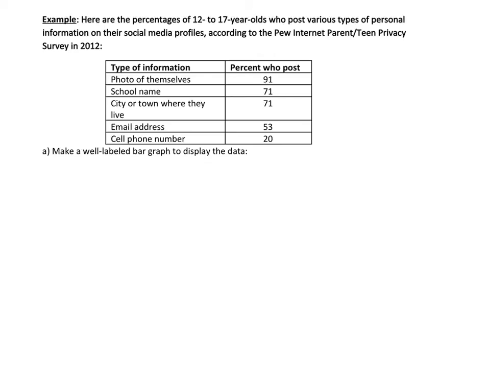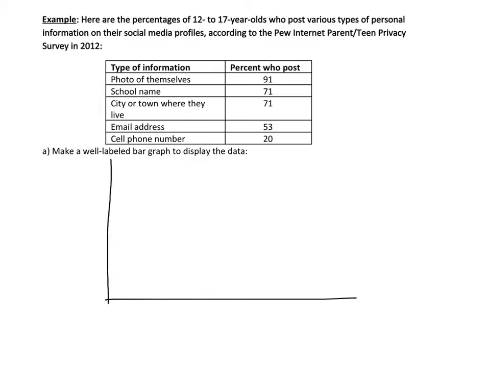So we're going to start right away with an example, and I gave you the percentages of 12 to 17-year-olds who post various types of personal information on social media. We are going to make a bar graph to display this data. In order to make a bar graph, you're going to start out by making a horizontal and a vertical axis,